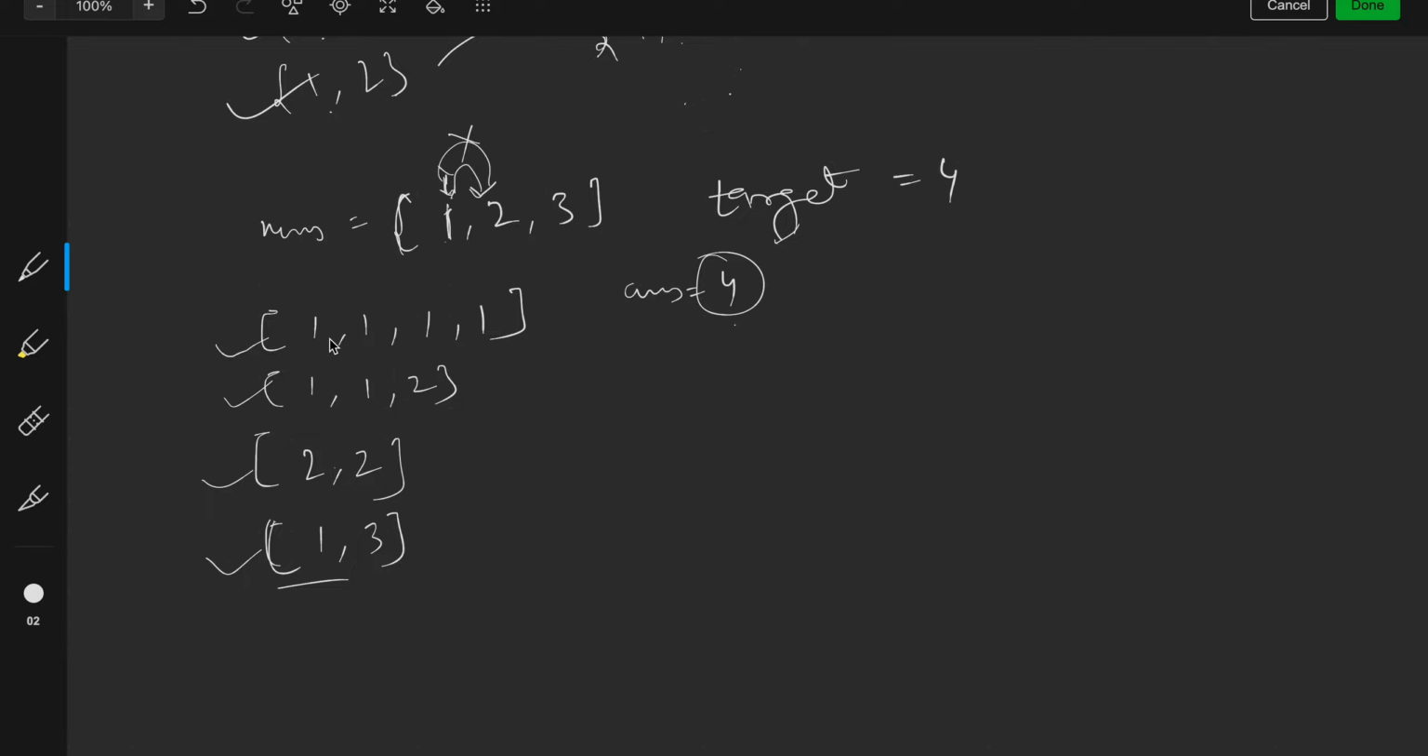So if we are at 1, we can take 1 any number of times. We have taken it 4 times here. In this case, we have taken 1 2 times and then jumped to 2. Now here, suppose we excluded 1, we jumped to 2. Now we can include 2 as many times, or we can go to 3, right? We can either include 2 as many times as we want, or we can go to 3, but we cannot go back to 1. So this is not allowed here,